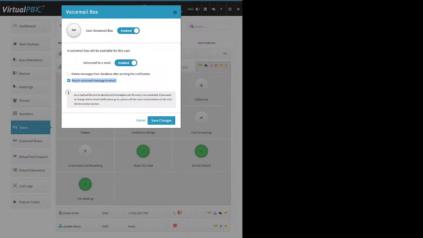To actually manage messages, you'd either need to call in to your voicemail box. So from a VoIP phone, do that *98, enter your PIN number. You can listen to them over the phone that way, and then you have the option to delete. From a cell phone or landline, you can call into your main any number that goes to the virtual receptionist